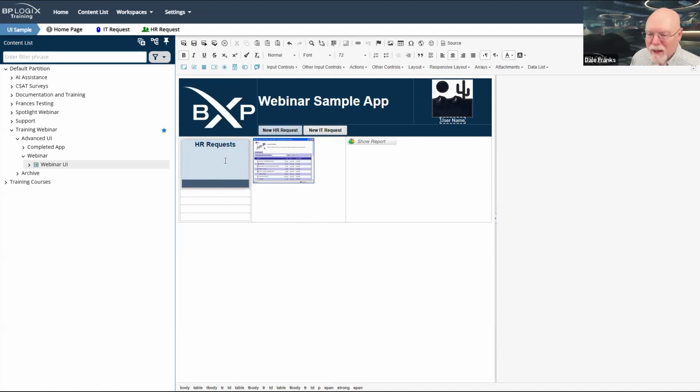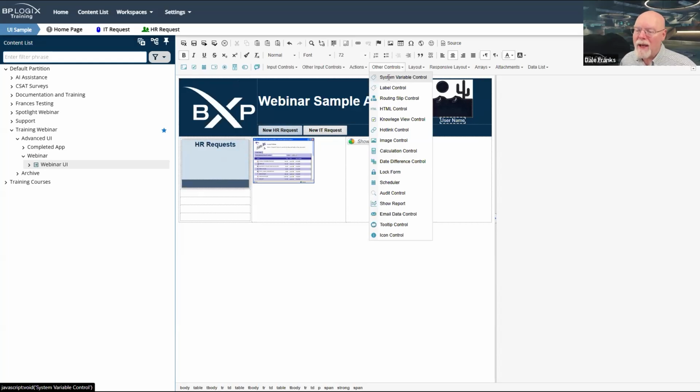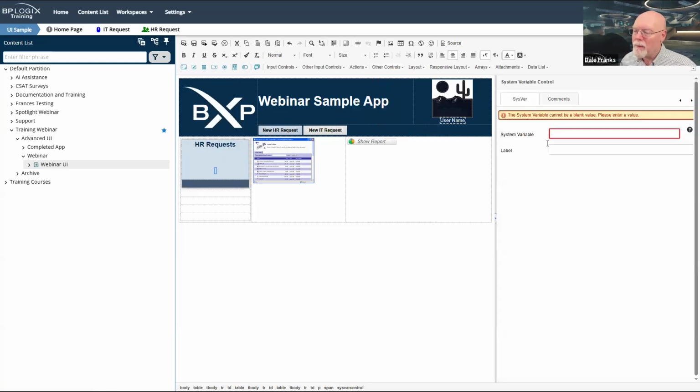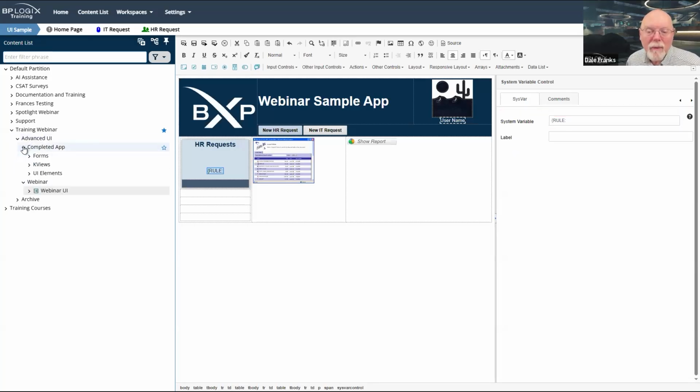But instead of putting text in here, I am going to drop in a system variable control. And this is going to be a business rule. And that business rule name is Active HR.